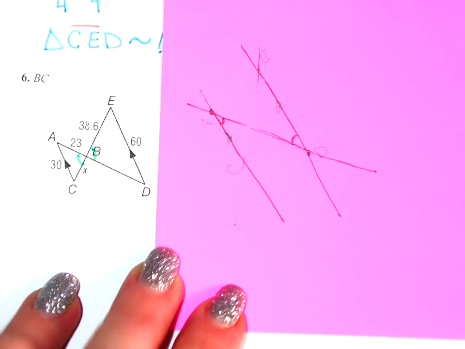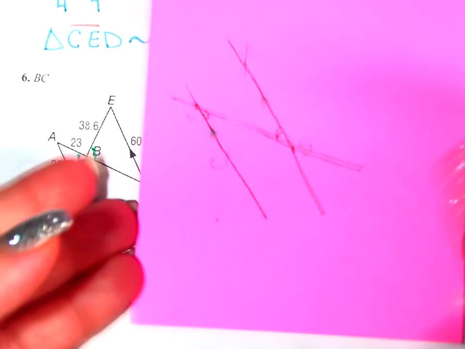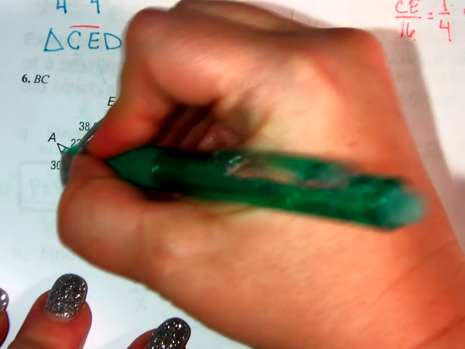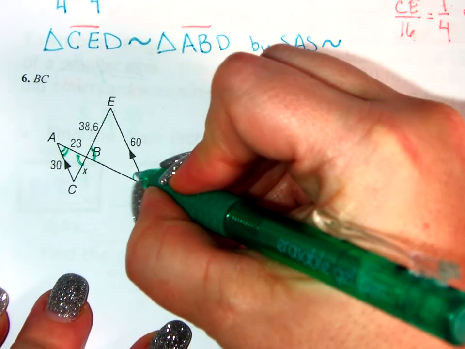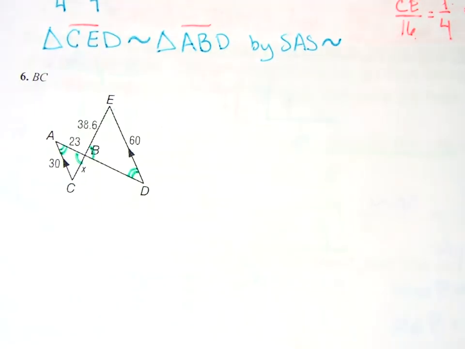What type of angles are those? How do I know those are congruent? What do we call those? Alternate interior angles. My alternate interior angles are congruent. So this angle here, A, is congruent to this angle here because alternate interior angles with parallel lines are congruent. Okay? All right, so can I prove these triangles are similar? Yes, by